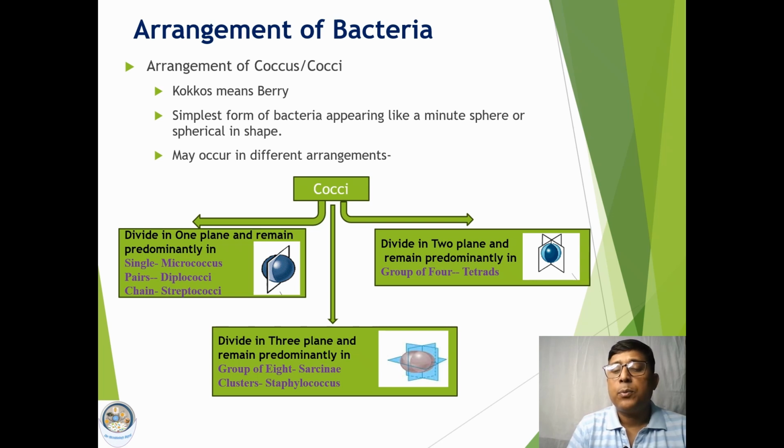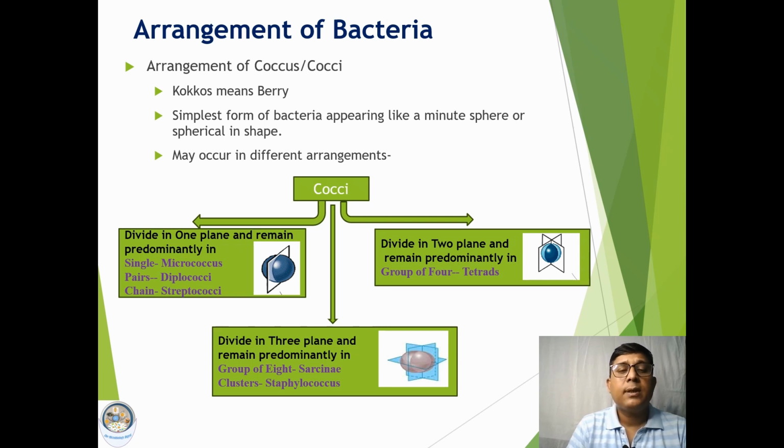So if we first take the example of coccus, or the spherical organisms, as we have discussed, coccus means berry. These are the simplest form of bacteria. They resemble a small sphere, or they are spherical in shape. They may occur in different arrangements, and depending on their arrangement, they may have different names. So we can divide the arrangement of cocci into three different